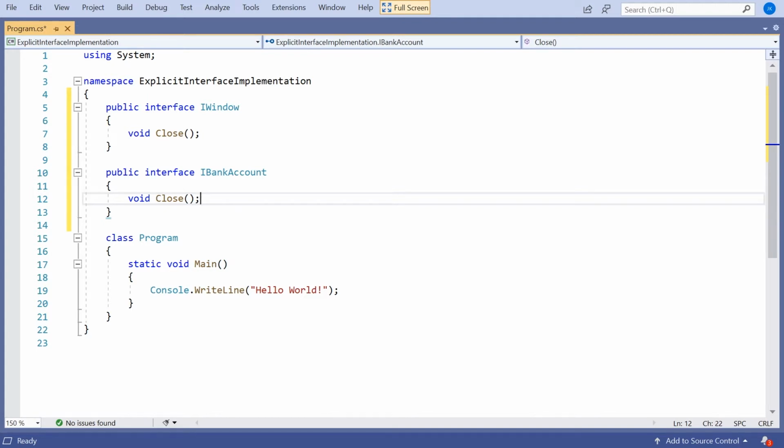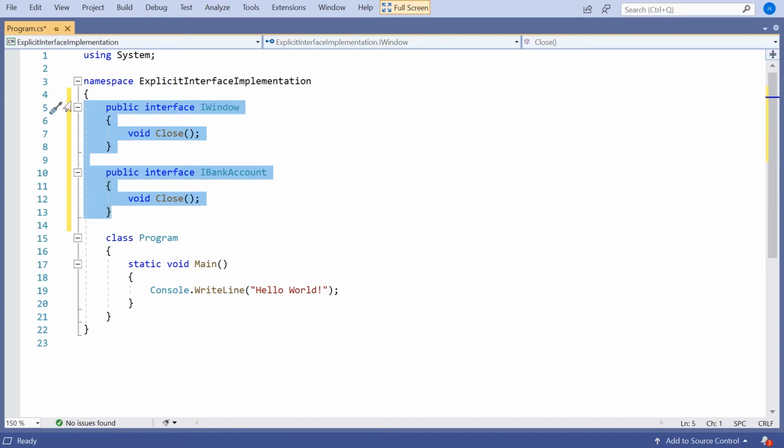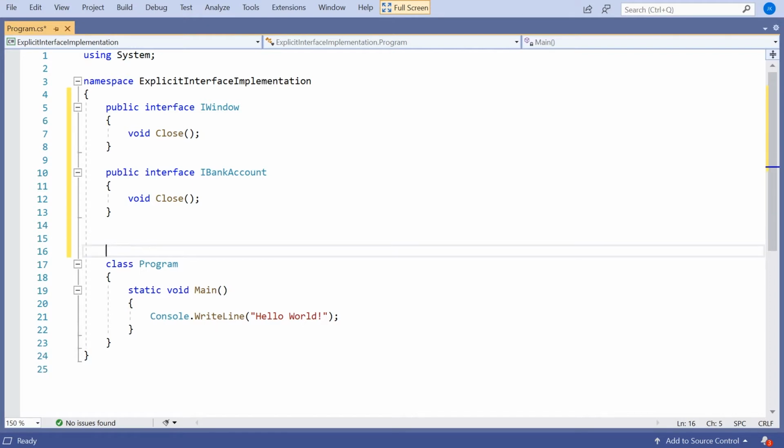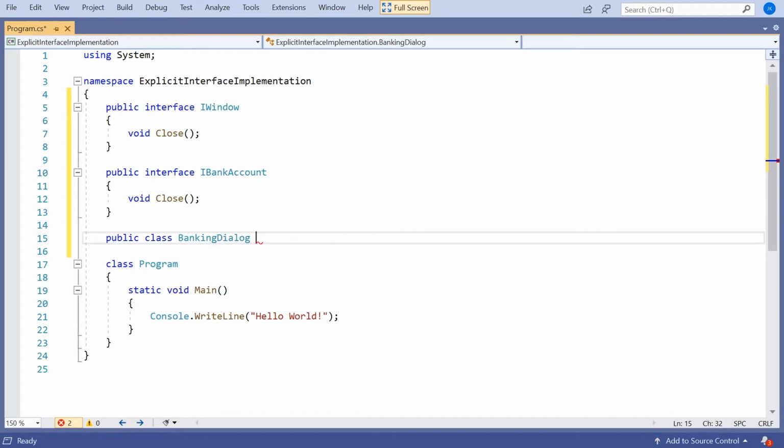Now, obviously, if these were being designed by the same author, you might be a bit careful of this. But we're saying these come from completely different packages. There can't be any negotiation between the authors of the two. Now, for the most part, things will be fine. But if I were to actually have something like this, if I had a class, and let's call this BankingDialog, and if I were then to say